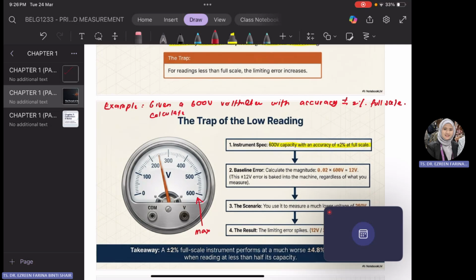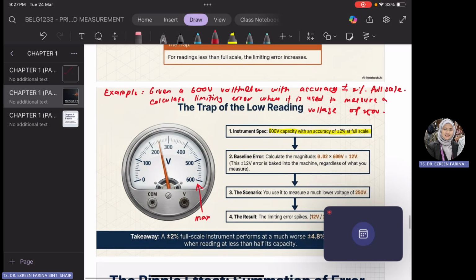Calculate the limiting error when it is used to measure a voltage of 250 volt. Okay, so if you have this kind of question asking you to calculate the limiting error, so the